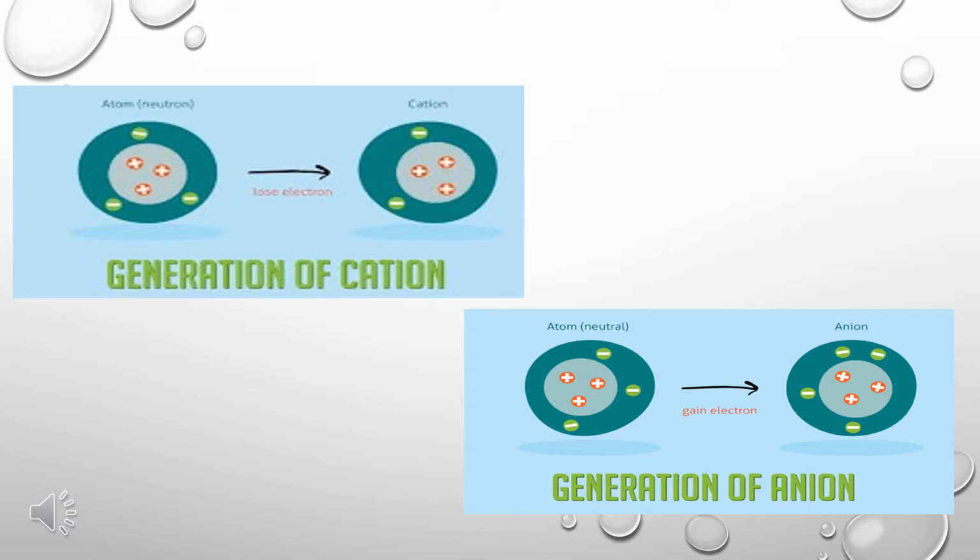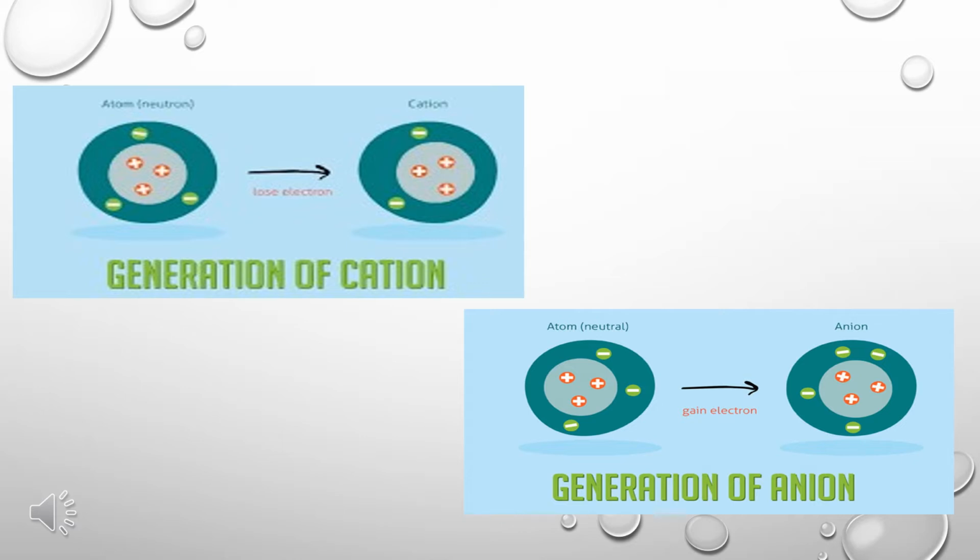But after the loss of one electron from the orbit, the number of protons remains the same, that is 3, but the number of electrons has become 2. So an imbalance is produced between the number of protons and electrons, and the resultant ion gets plus 1 charge,